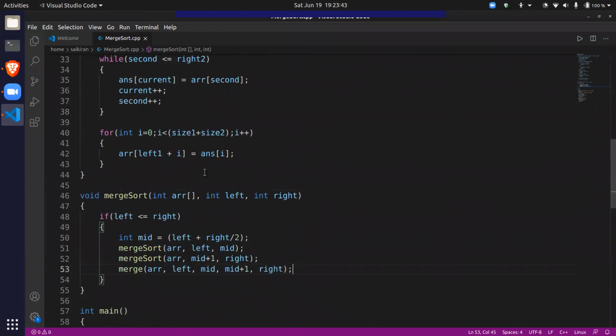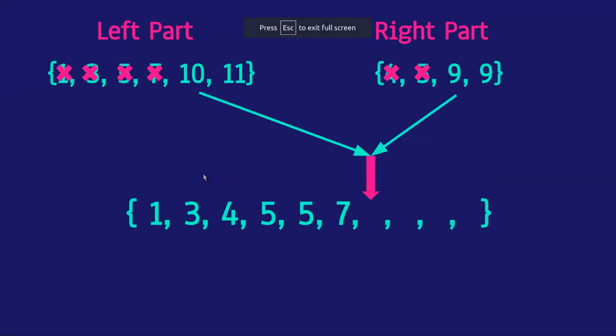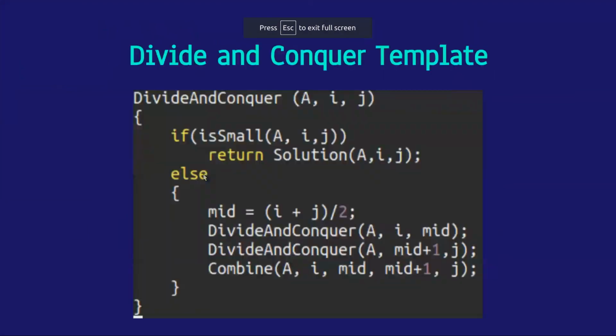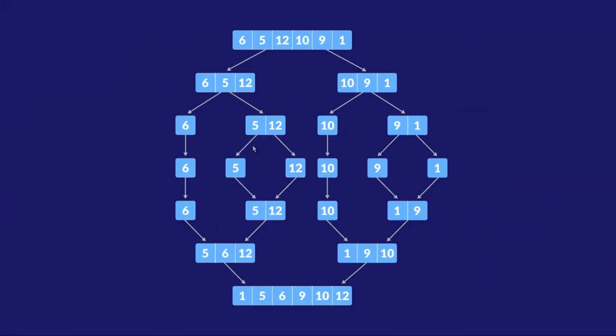So as long as the left boundary is less than or equal to the right boundary, this is the dividing part.